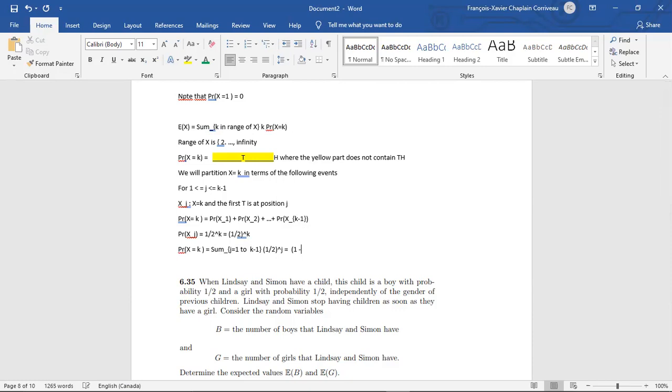This is 1 minus 1 over 2 to the j divided by 1 minus 1 over 2. Now simplifying this is 2 minus